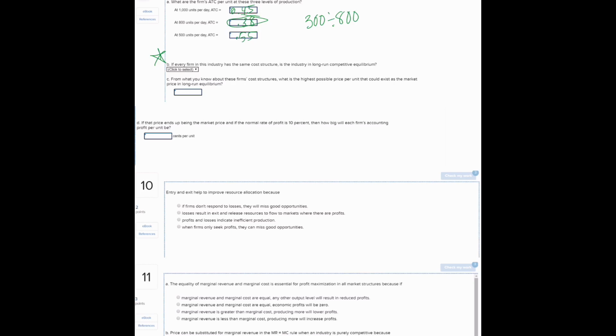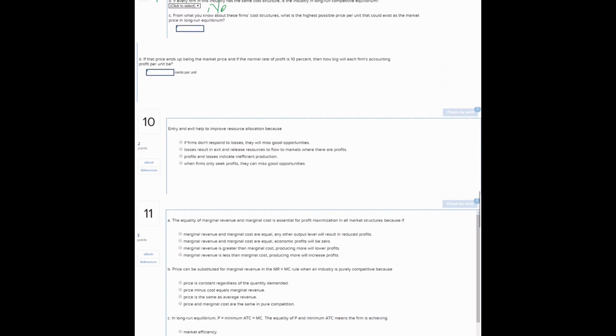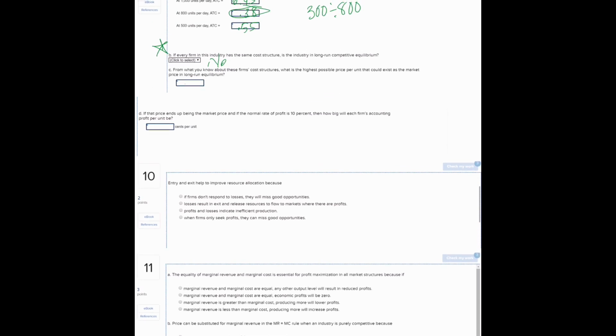So the answer is no, because this firm in this industry is not producing at the lowest average total cost. That's our definition of long-run equilibrium. From what you know about the firm's cost structures, then, what is the highest possible price per unit that could exist as the market price in long-run equilibrium, and that's going to be what we identified as our minimum,